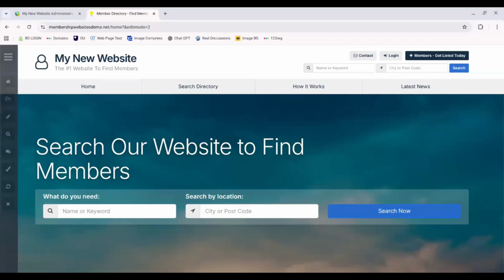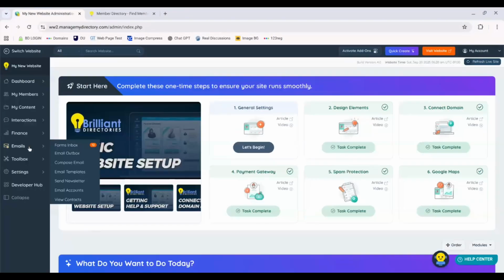Okay, right. There are two types of keyword searches. So you've got the standard keyword search, which is displayed very similar to this one, or you've got a global keyword search. Let me just show you where they are first of all. If we go into settings and design settings,